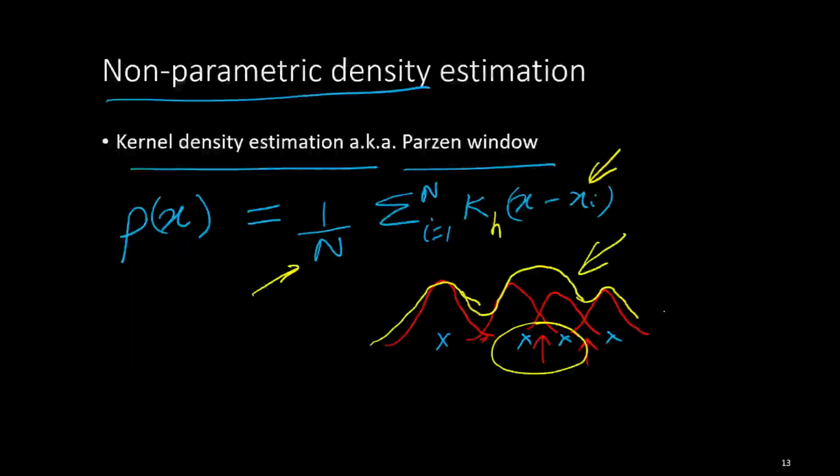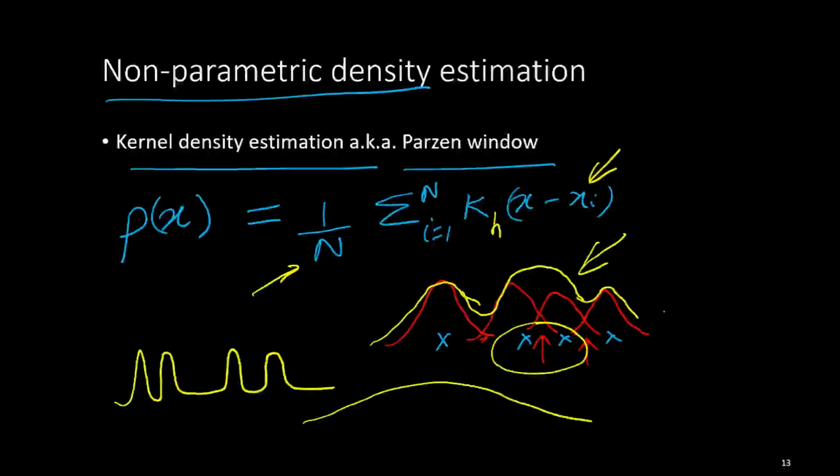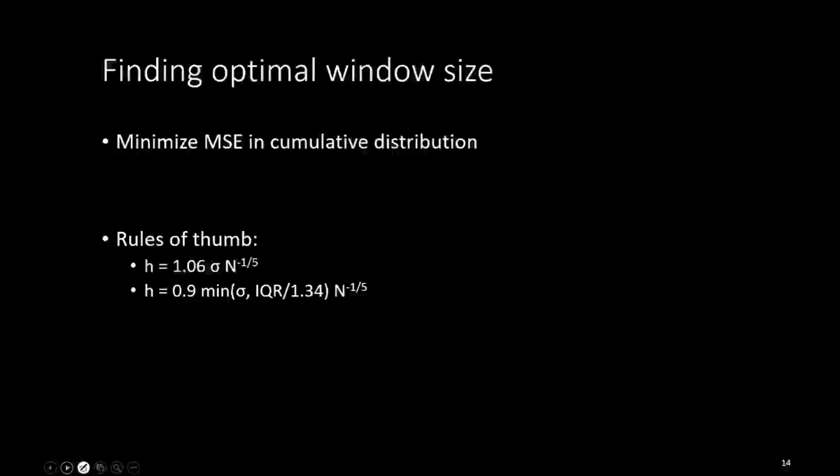Because if we have too narrow a window, then we will have distributions that just look like this, which doesn't look very smooth. If we have too large a window, then we will just get this. What we want is something that is representative of multiple modes, high densities and low densities. So what we want is something that looks like this when there are a bunch of points here and a bunch of points here. The width of the kernel, the hyperparameter, is quite important to estimate, and there are some heuristics to estimate that window. Let's look at what those heuristics are.